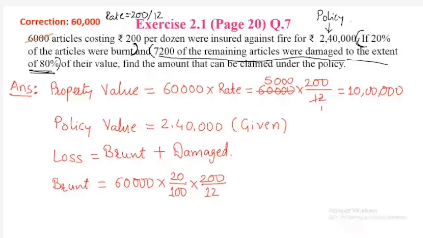60,000 total articles, 20% burned. So 20 upon 100 into 200 upon 12. Clear? Do calculation. So that is equal to, these 2 zeros and these 2 zeros got cancelled. 12 ones are 12. 12 fives are 60. So it is 5,000 into 20 into 2, or you can say